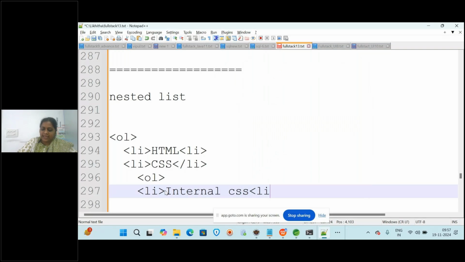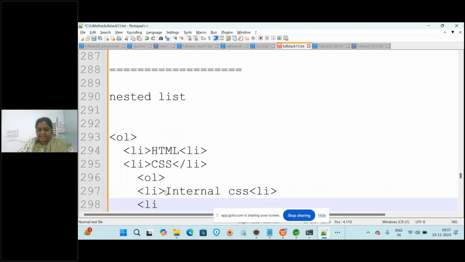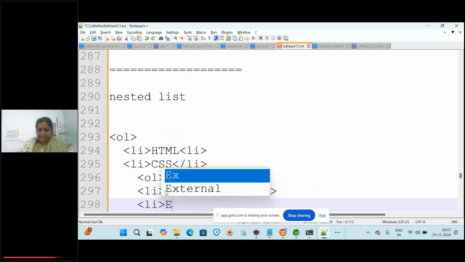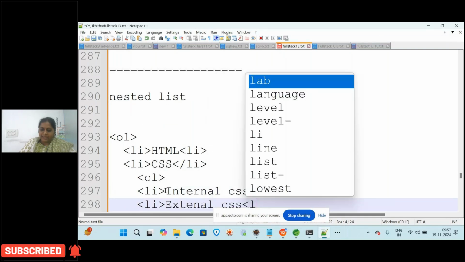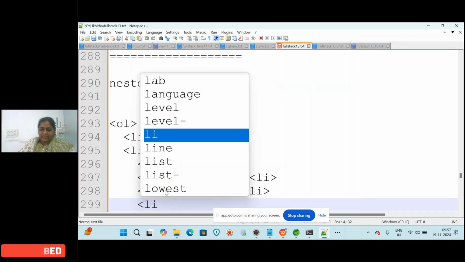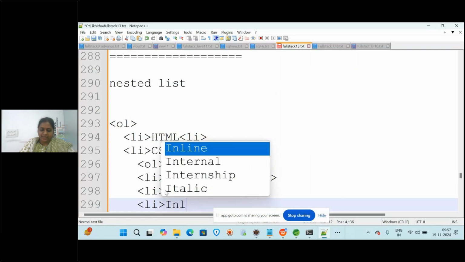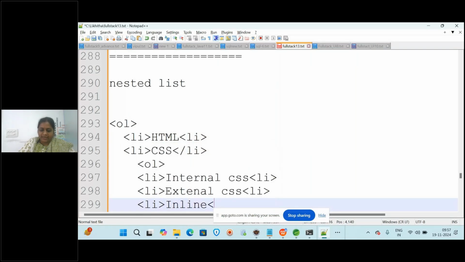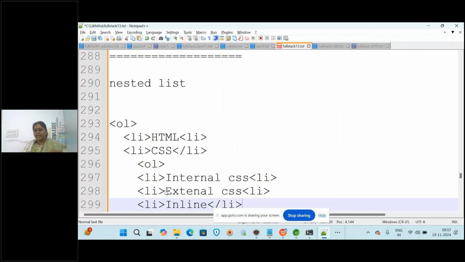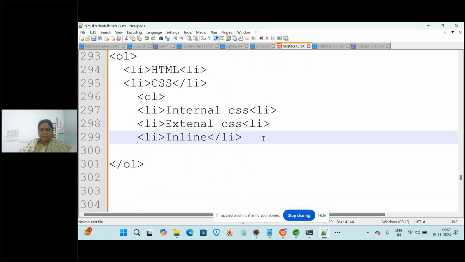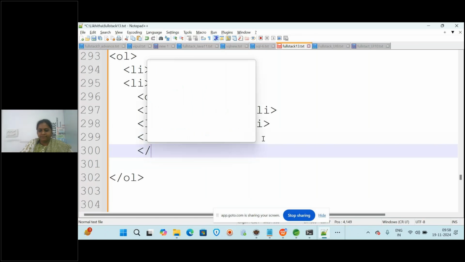Like this, again li, external CSS, close the li. Again I write li, inline. We will discuss what these are later, I am just writing the names. Now I have to close this ol also.